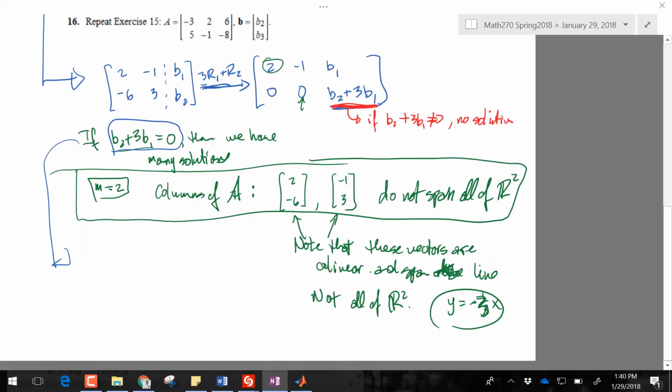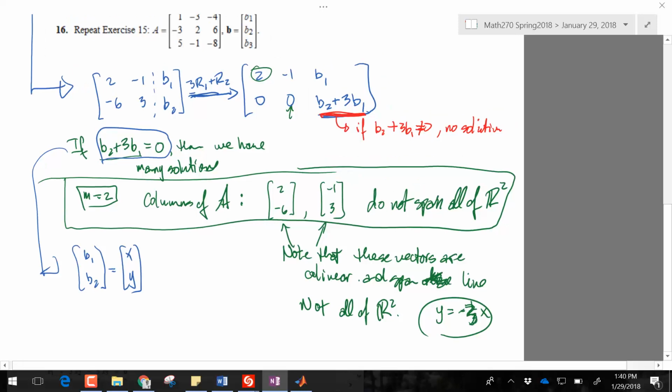So we can write this equation, so as long as it satisfies this equation, but our b, let's pretend that we can write it as x and y. And then that means b1 is equal to x and b2 is equal to y. So if we write this equation in terms of x and y, and we have that exact line that we're talking about,